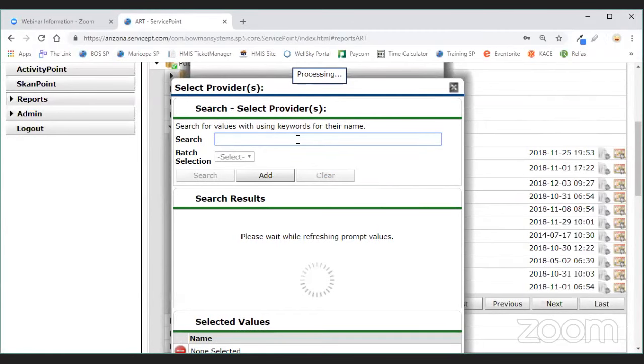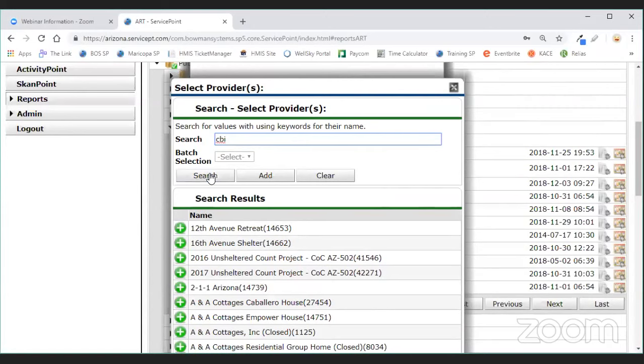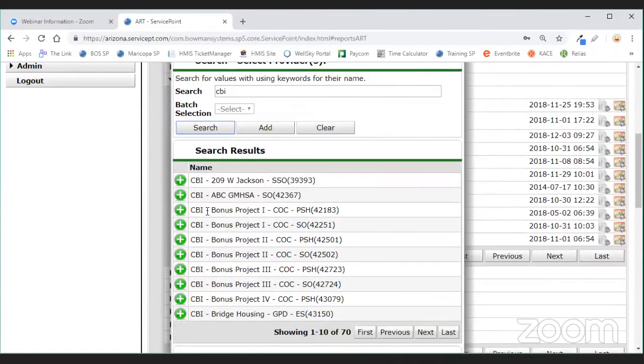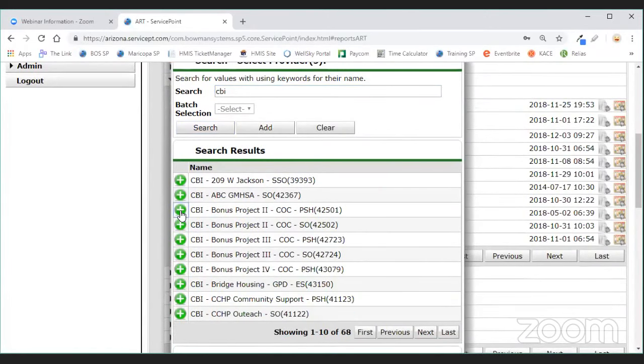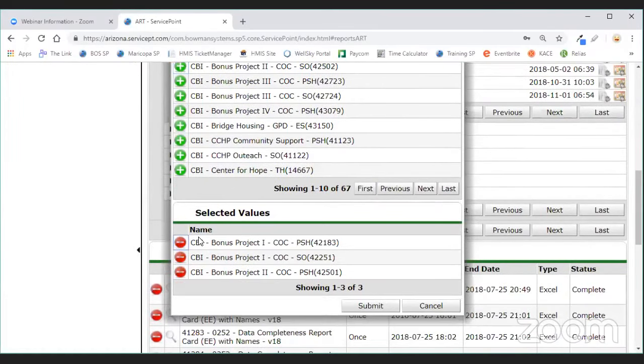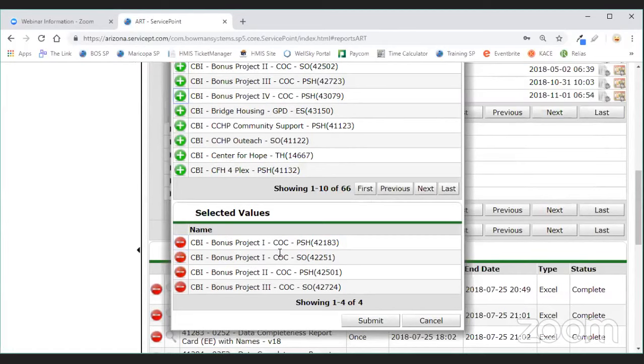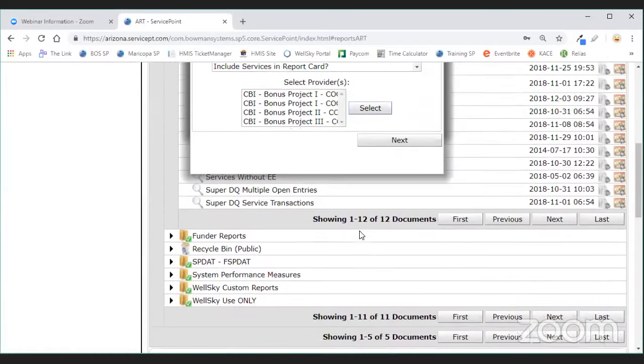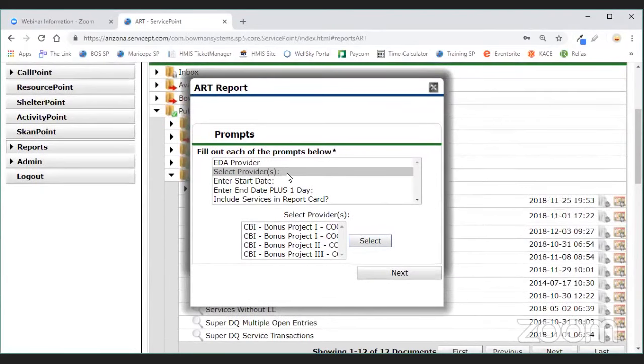Now I'm going to do that thing I did a moment ago by searching for the acronym of CBI, and then I'll pull in several CBI projects into the same report. So I've clicked on 4 here, and I scroll to the bottom, and I see that there are now 4 different projects that would appear on the same report. I'm going to click on Submit, scroll back up to the window again, and now I can do the final